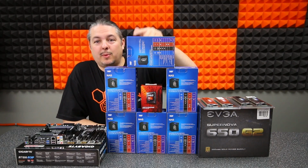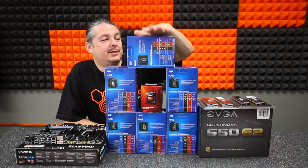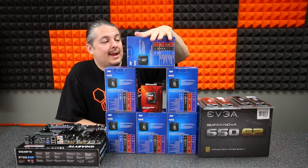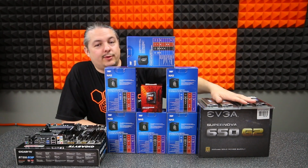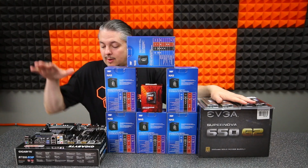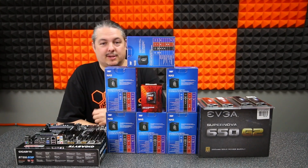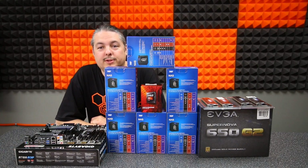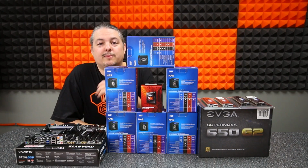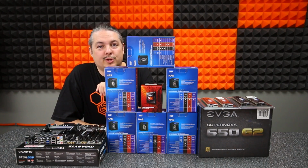So we're getting ready here to do a FreeNAS build. I have here 6 Western Digital Red NAS drives, the 6 terabyte variety, 6 of those. I have 32 gigs of RAM, Gigabyte Motherboard, and an AMD FX processor, and an EVGA power supply. Now all this is going into a custom FreeNAS build for a client that has some large storage needs, and